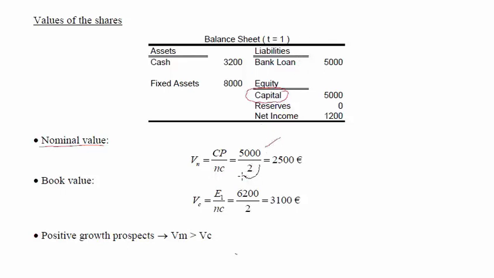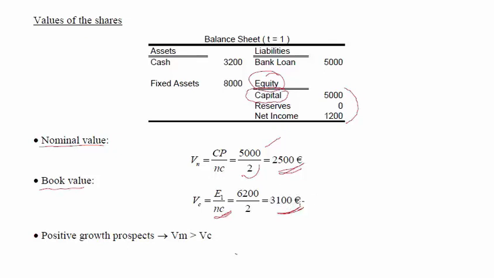So the number of shares, as we saw before, was 2. So this part remains the same. The other possibility is to define the book value. The book value involves the equity, and the equity is divided by the number of shares. So in this case, we have a greater amount,